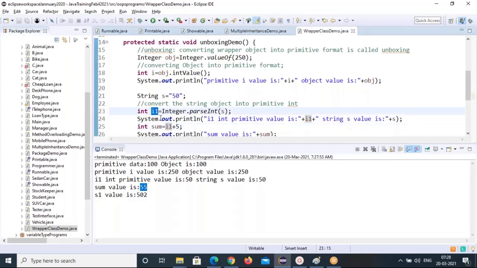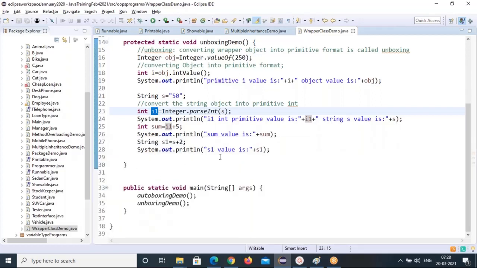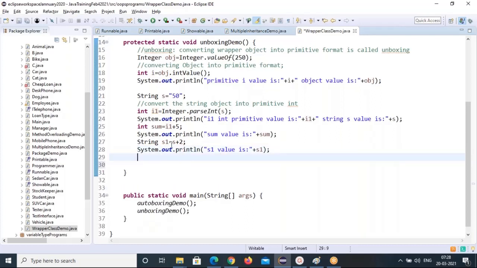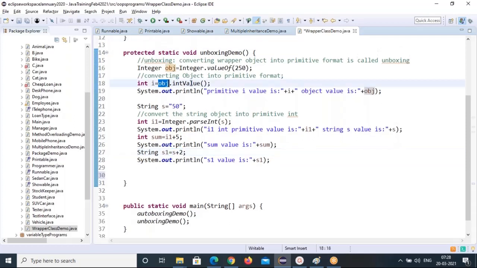So the string is converted into integer format. 50 plus 5, 55 you got, right? That's another thing. And one more thing you can do. This one is now a string, right? How can we convert an object into string format?